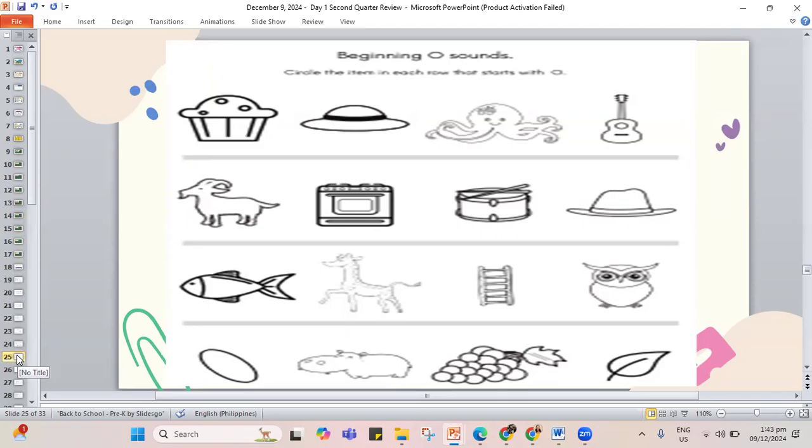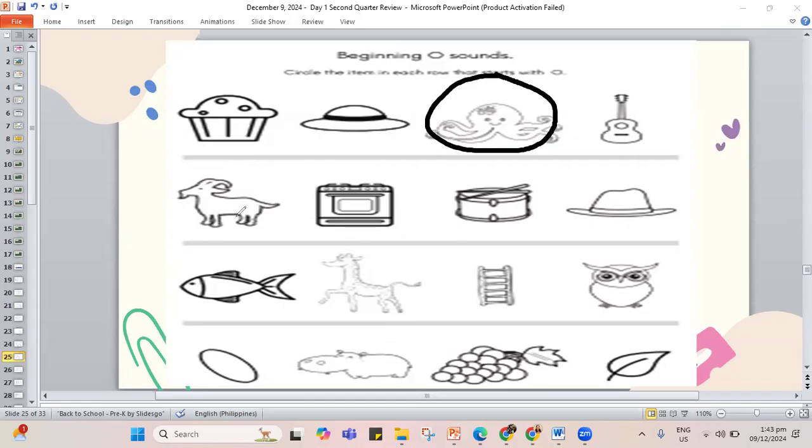Sometimes O also has the short O sound, like in octagon and also in octopus. Now let's find things that begin with O. Do we circle for muffin, for hat, for octopus, or guitar? It's going to be octopus for the letter O.